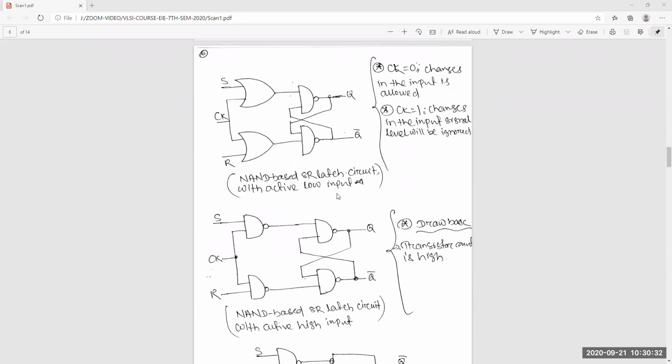Okay, so now what we have discussed previously is only back-to-back transistors.